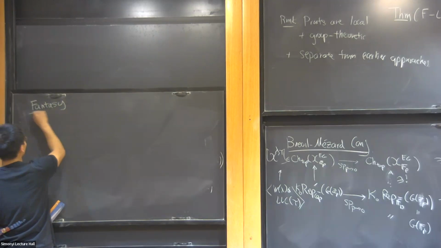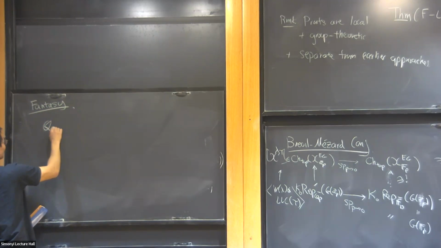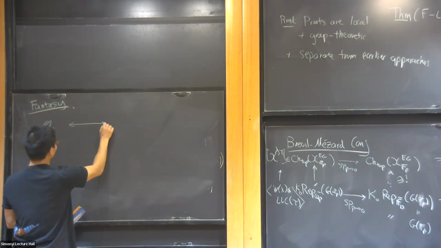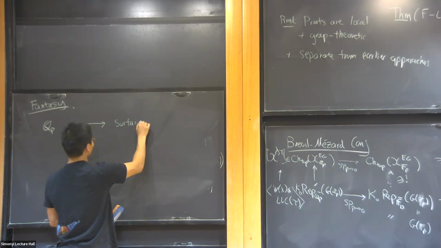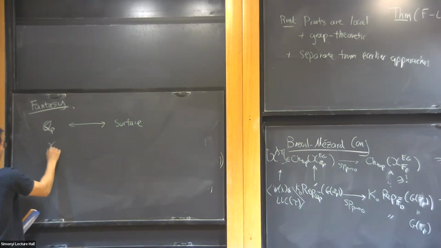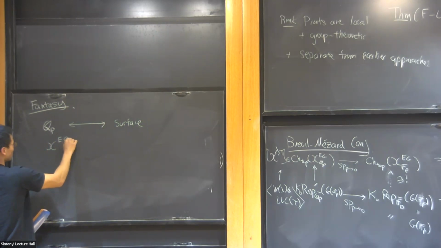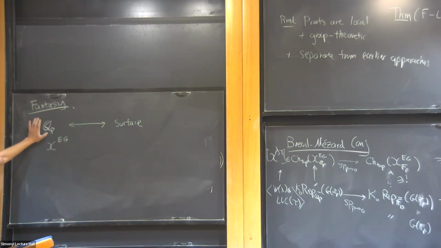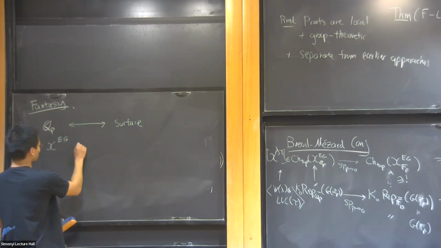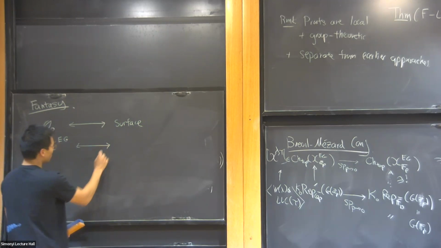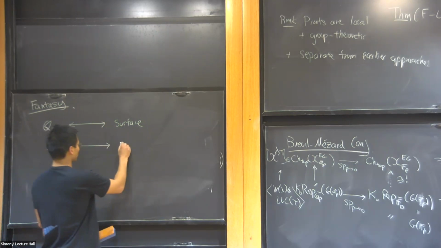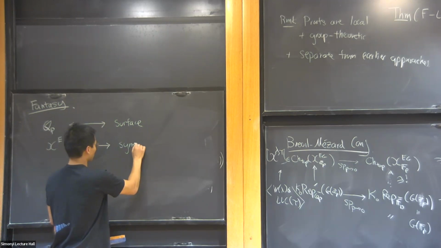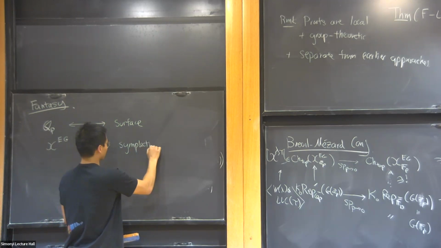So we have the p-adic numbers, and it's old intuition that these are analogous to a topological surface. And then our Emerton G stack would be the moduli space of local systems on this Q_p. So it should be analogous to the moduli space of local systems on a surface. And that's a thing which actually has a symplectic structure. So whatever that moduli space is, it has a natural symplectic structure.